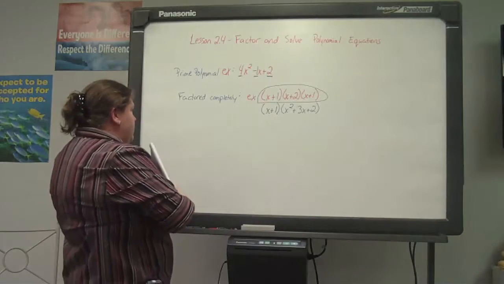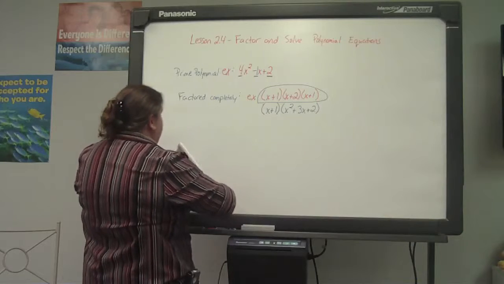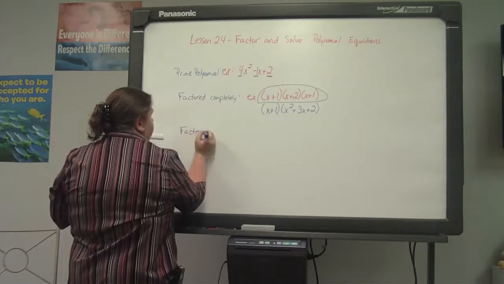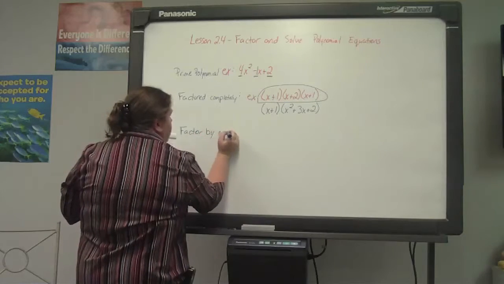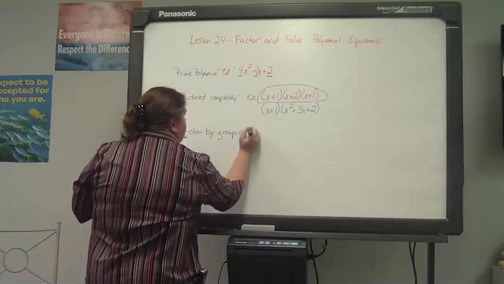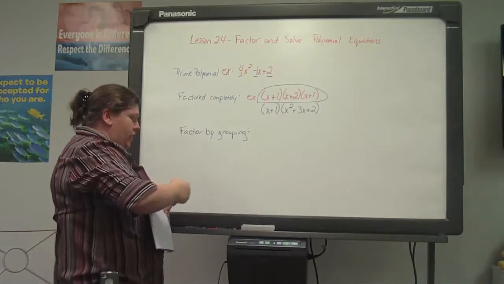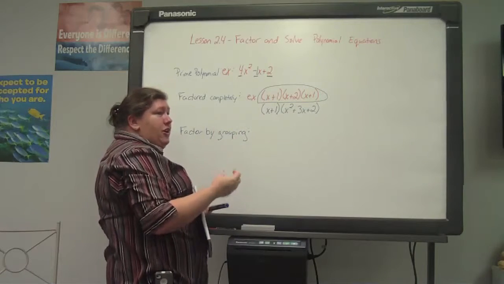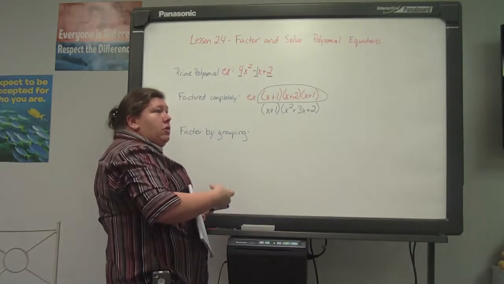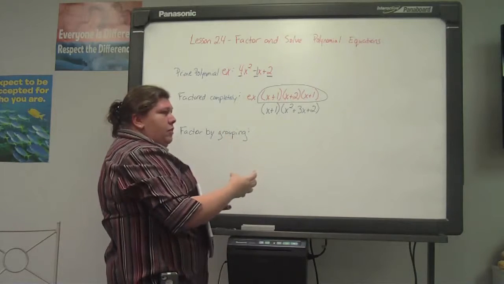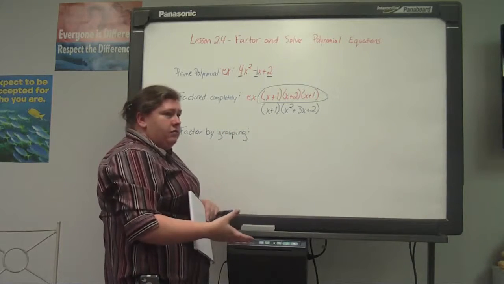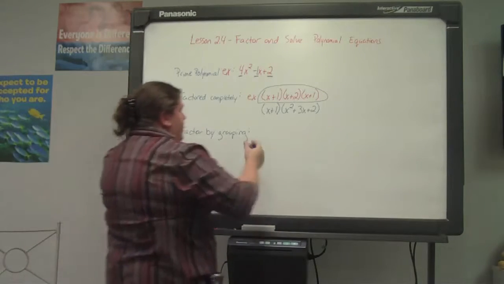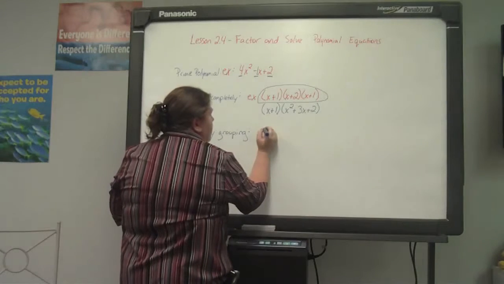Then the last definition is factor by grouping. Just like what we think of when we think of a group, where you combine people, in factor by grouping you combine the equation based on something in common. An example could be